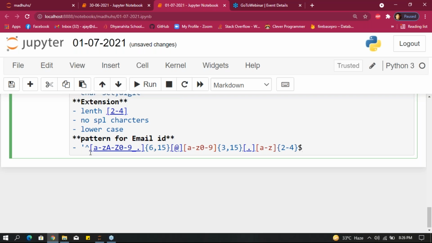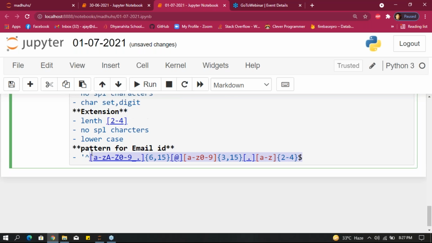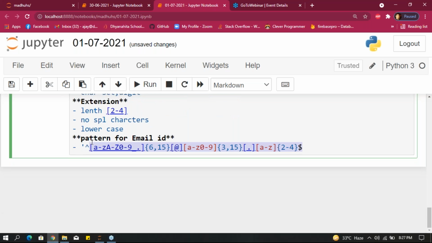That's it, guys. This is email ID validation, the email ID pattern. This is for email username, at the rate we gave, and domain name we gave. After that, we gave full stop, and we gave this extension.